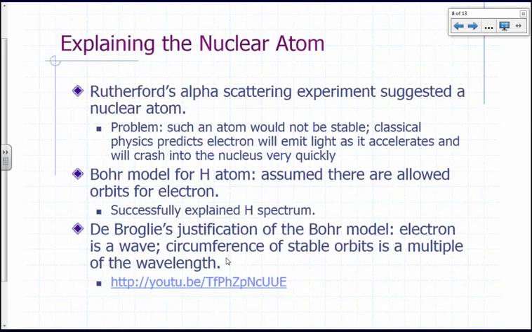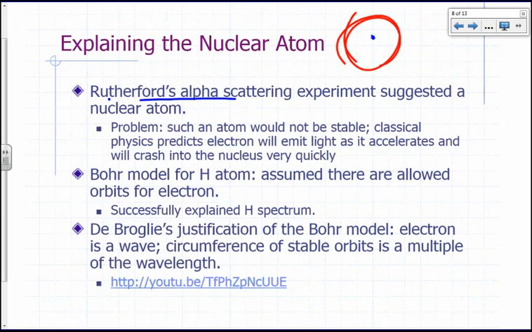Now, Rutherford's alpha scattering experiment, if you recall from freshman chemistry, is what led to the notion that the atom has a very tiny nucleus, and you've got those electrons going around that nucleus in a very, very large space compared to the actual space occupied by the nucleus, right? We said that at the very least, the electron cloud, that mostly empty region around the nucleus, has a diameter at least 1,000 times bigger than the nucleus itself. So you're looking at a billion times bigger volume. 1,000 cubed is about a billion, 10 to the 9. A billion times bigger empty volume compared to that occupied by the nucleus.